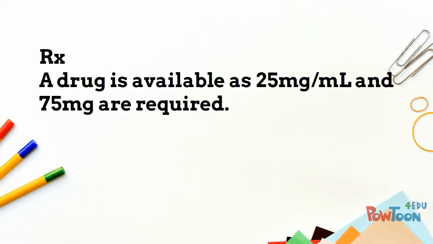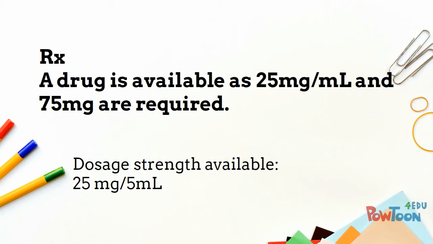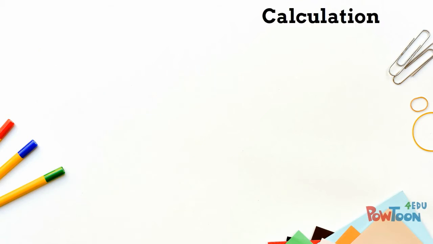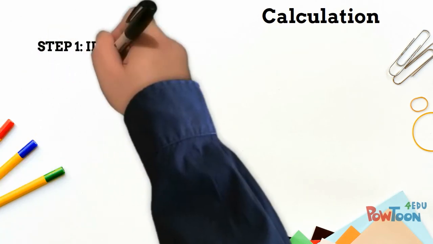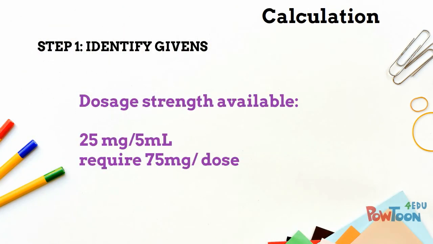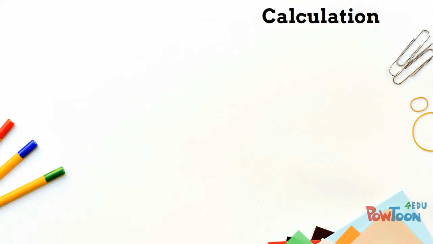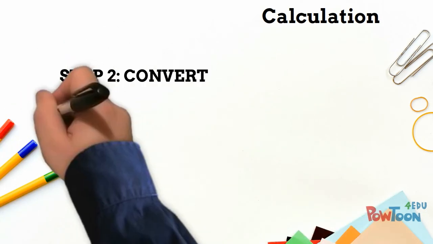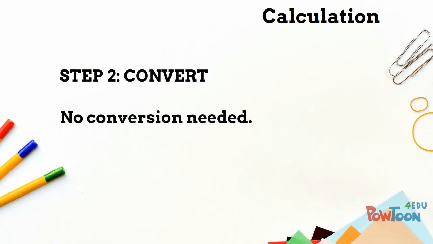The first question asks, a drug is available as 25 mg per measure and 75 mg are required. So what is the volume to be given to the patient? From the information given, the dosage strength available is 25 mg per 5 ml and we need 75 mg per dose. We know that there is no conversion needed as both are in the same unit